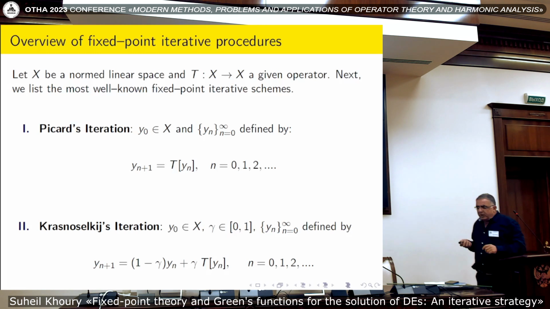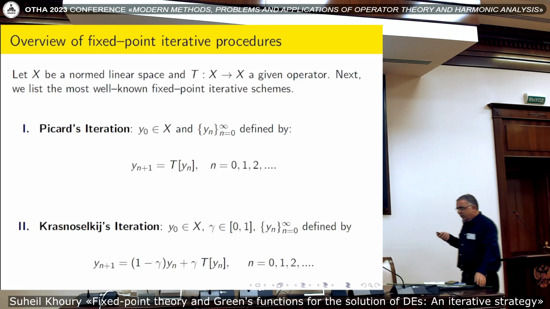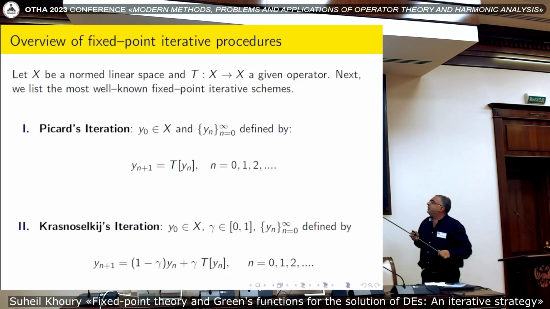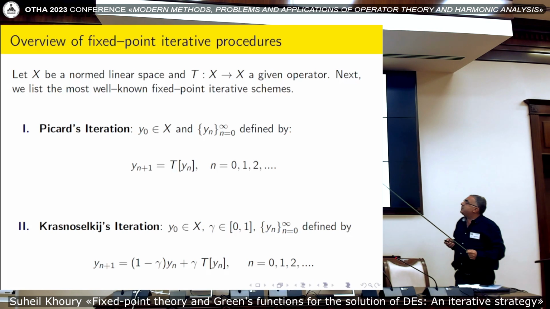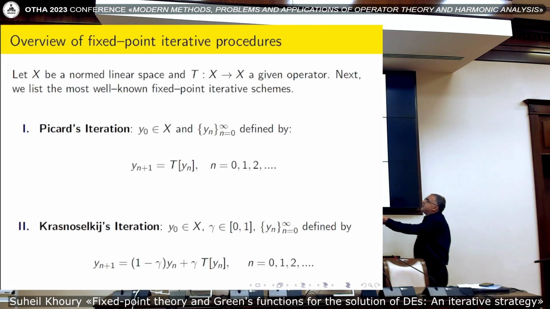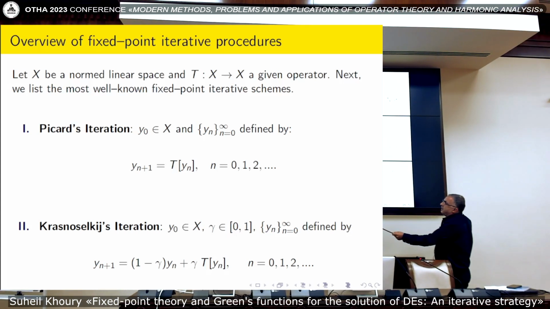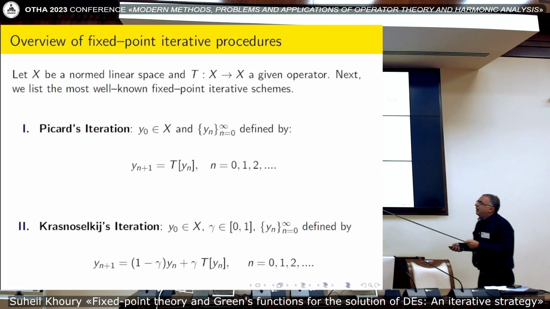How to find the fixed point. There is lots of literature on this one. We were not that interested in the deep theory of this one. But to find the fixed point, we have this famous Picard's iteration. We have Krasnoselskii's iteration. We have this parameter here. By the way, if alpha is 1, if gamma is 1, then this is reduced to Picard. Of course,